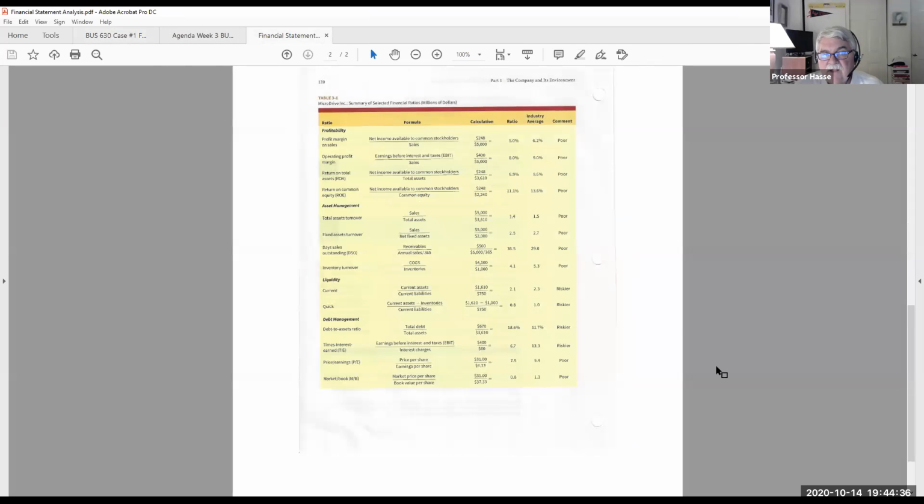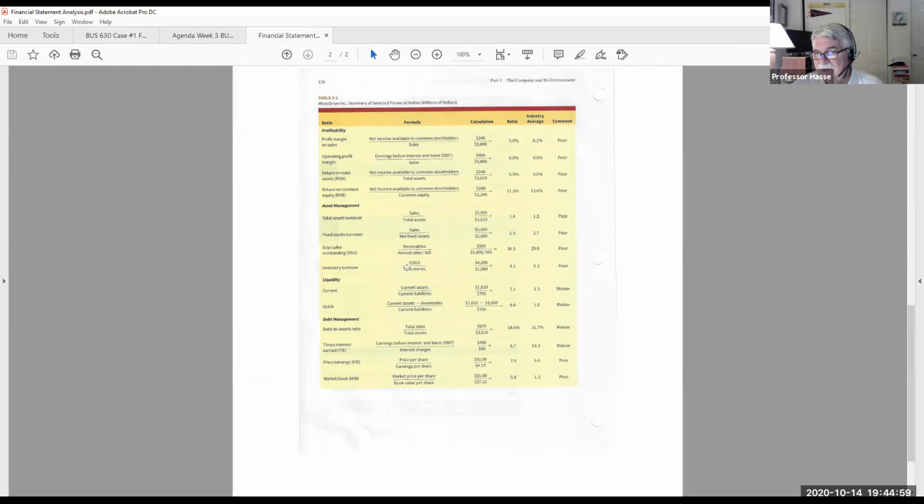These are the 4 classes of financial statement analysis. You pick one from each one of these sections: profitability, asset management, liquidity, debt management. Pick one. Most of us, we usually pick profit margin on sales. Most of us usually pick